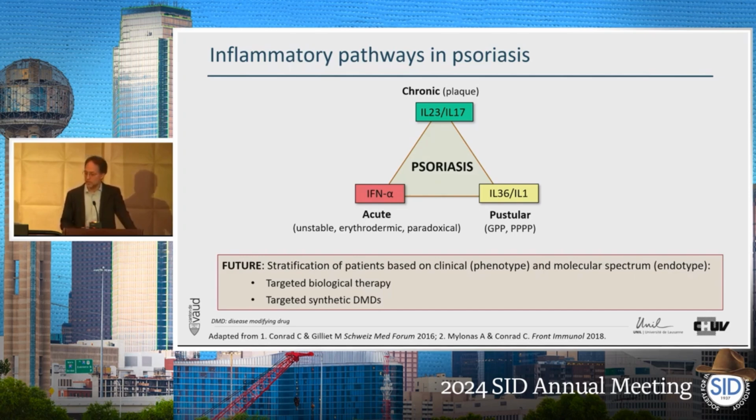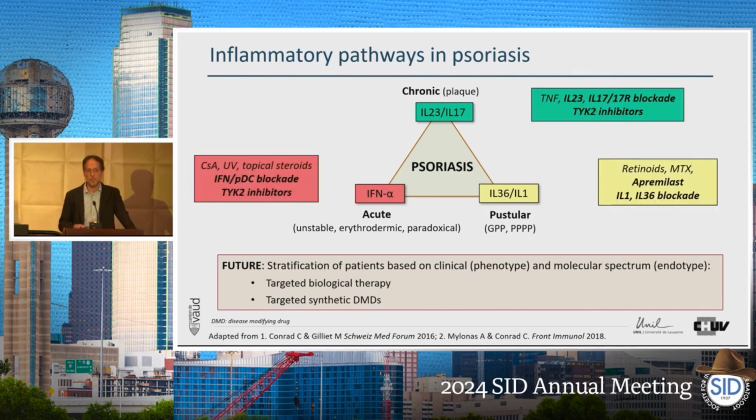So we have in psoriasis these different modules or pathways which are active in classical chronic plaque, which is driven by 23 and 17. We have pustular psoriasis, which is the neutrophilic one, obviously, and type 1 interferon signature in acute ones. And depending on where the patients are, and there we're going into personalized medicine, where you are in that triangle, you want to go for a very targeted therapy, be it 23 or 17, or 36 blockade in GPP, or depending on if you're in the middle of the triangle or in between acute and chronic, then you might want to go for TYK2 inhibition or, for example, apremilast to block two or three signatures at the